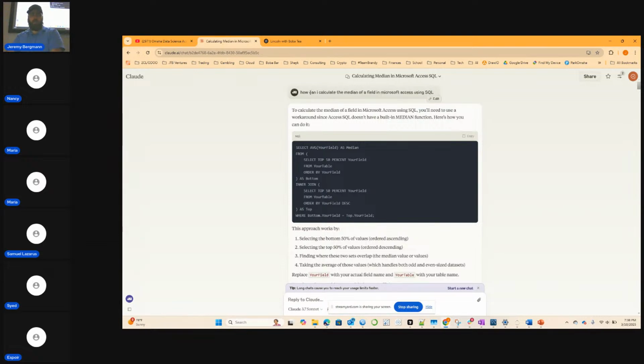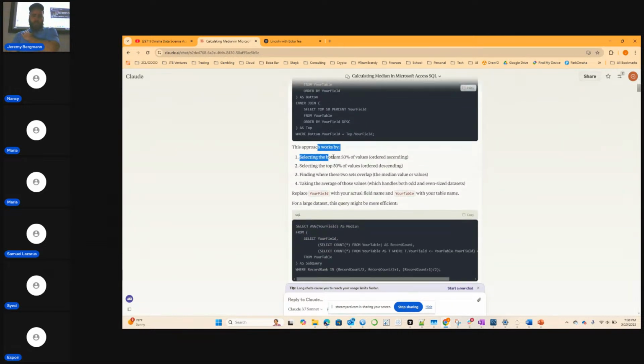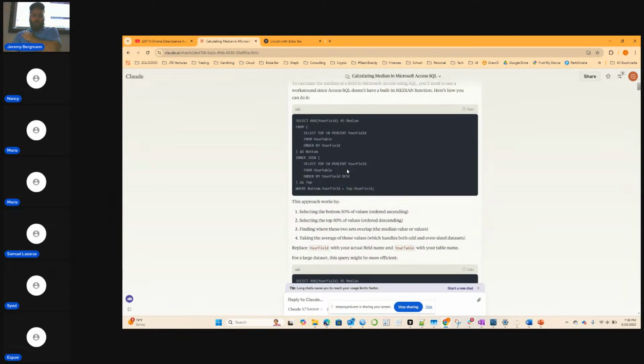For my project I started to realize that in Microsoft Access, I needed to calculate the median of a field for some calculations for some job code estimations and recommendations. And they gave me an example, but the example didn't work.